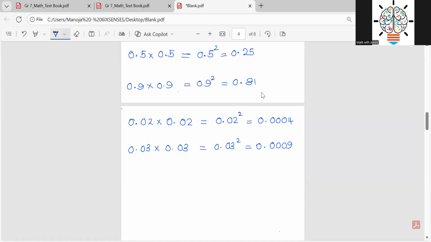0.0009. But see what happened to this now. If I take 0.06 and multiply it by itself, it gives me the square of 0.06. Now what happened? 6 times 6, 36. How many decimal places should I keep in the answer? 4 decimal places I should keep. Therefore, I write